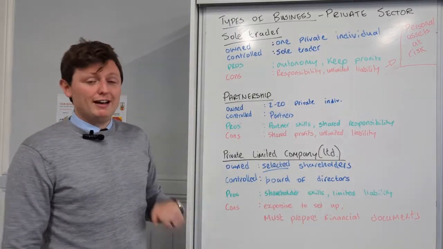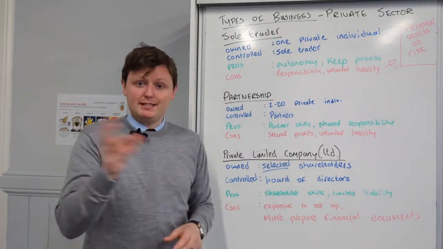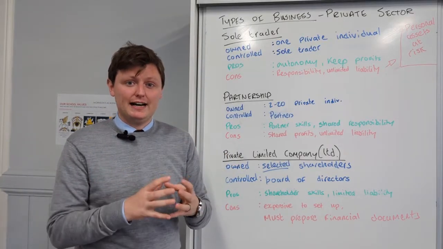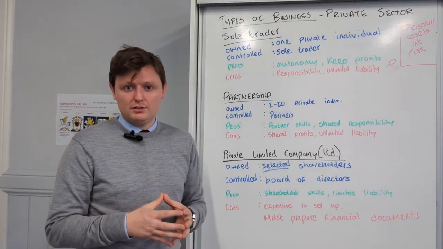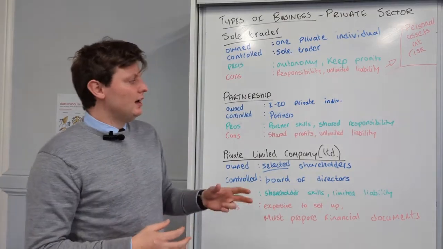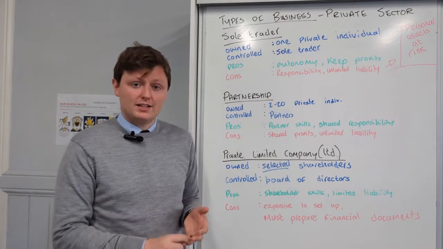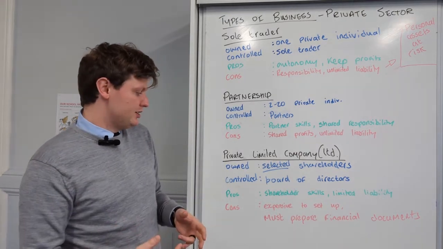So now we went through a little bit of effort to create a private limited company, but now the business and the people that own the business, the shareholders, are seen separately in the eyes of the law. So even if the business owes hundreds of £1,000s in loans to the bank, they can't come after the shareholders' houses or cars or personal assets in order to repay those loans. So it's a little bit less risky if you're a shareholder.